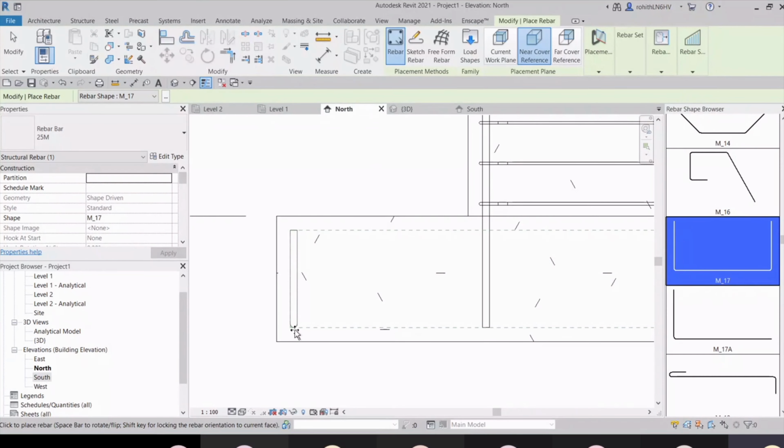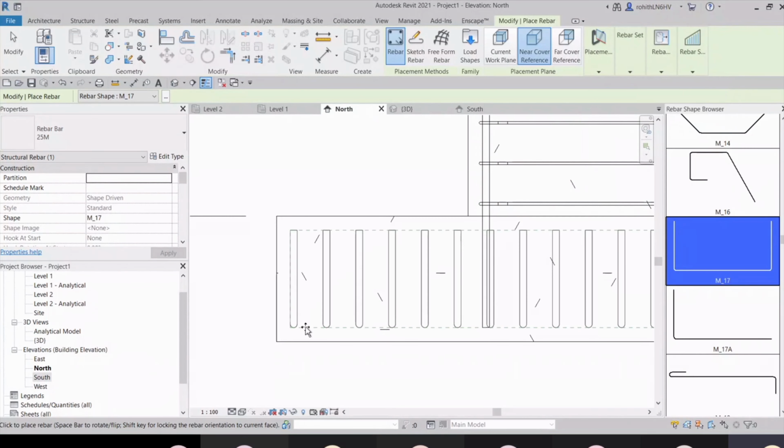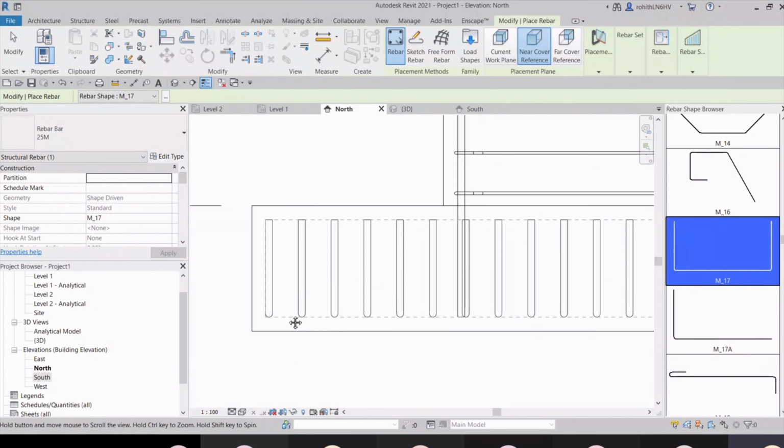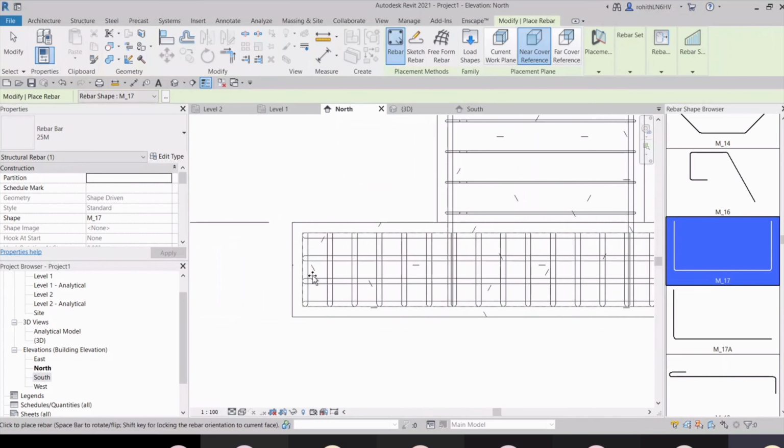Okay, when I'm placing on this cover, and this is perpendicular, if you select this, it will be perpendicular to this cover. So I have to place it from the bottom cover, and it will be placed. You have to select the maximum spacing. There you have to mention what the maximum spacing will be. So I'll go with this 125. 125 mm will be the maximum spacing, and then just select the cover. Okay, and these are placed. All right, so there you can see, right?